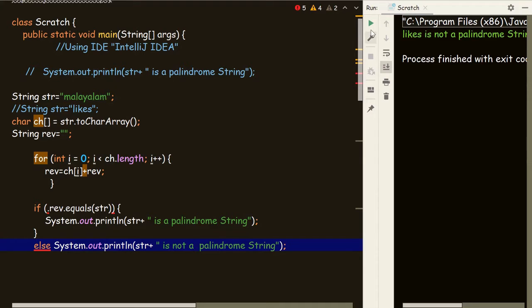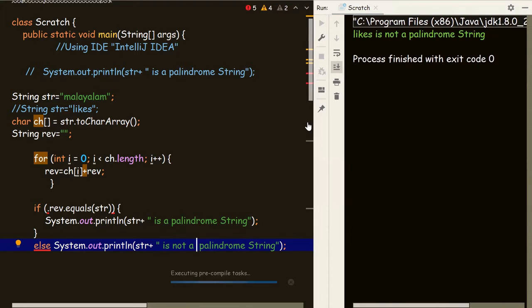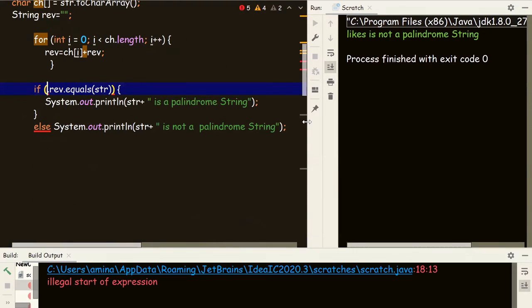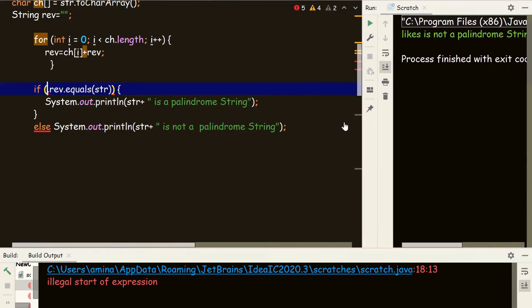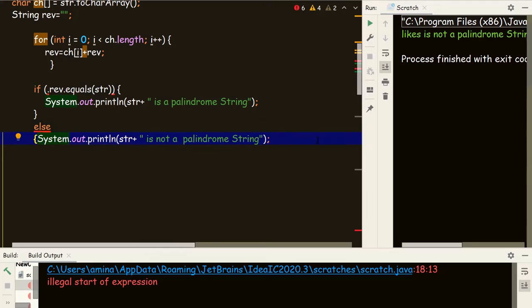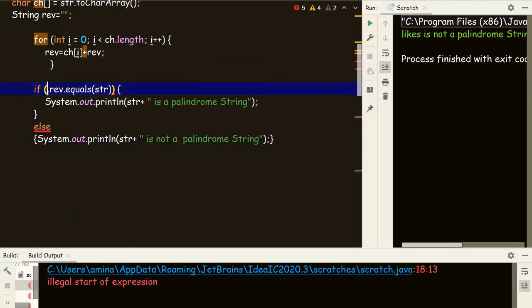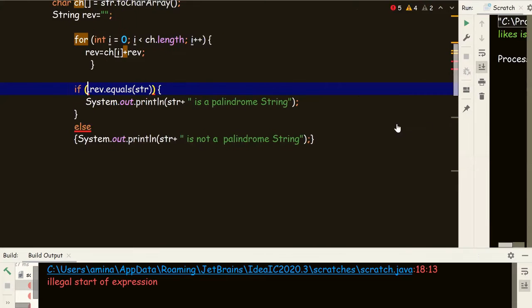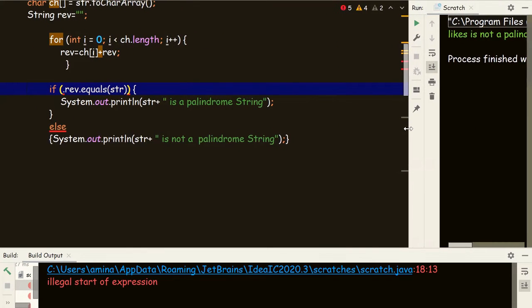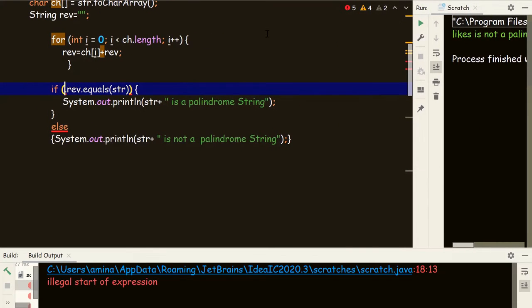Let's execute and see what it prints. Illegal start of expression, an error at line 18.